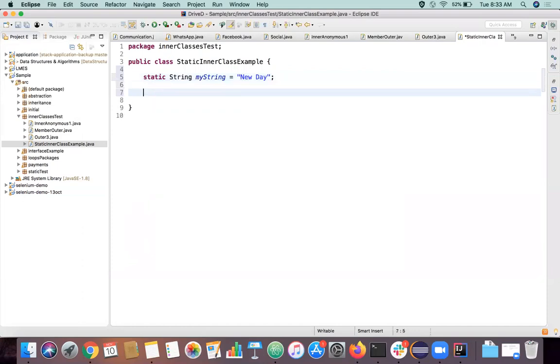Again, I have a class which is declared as static. Only an inner class can be declared as static; an outer class cannot be declared as static. We already saw that. So I'll just print something here.